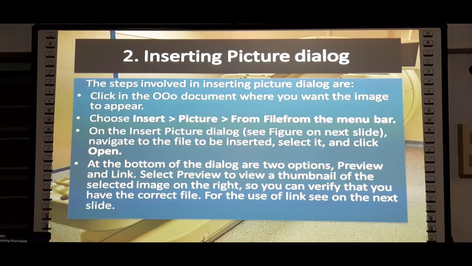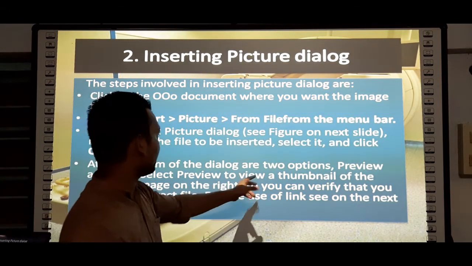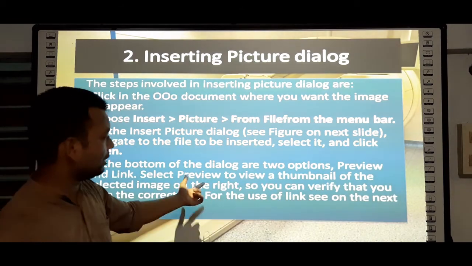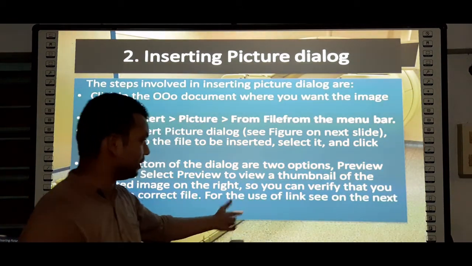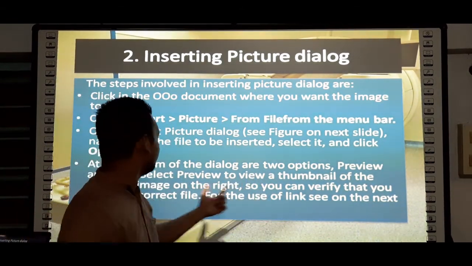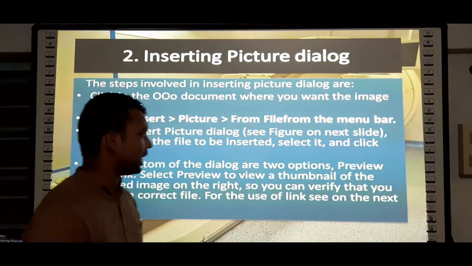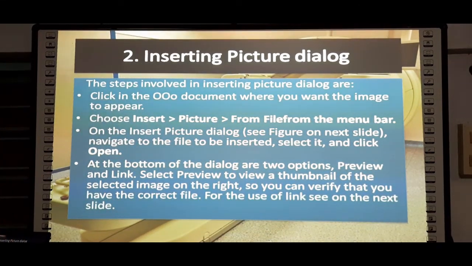See, in this newer version, these two options are not available. In the newer version, that is 4.1.7 of OpenOffice.org, these two options, preview and link, cannot appear directly. We need to check it. Let us check.